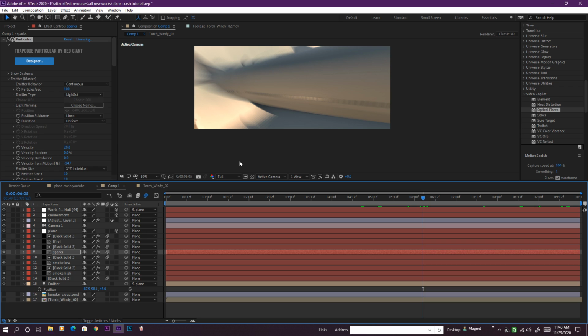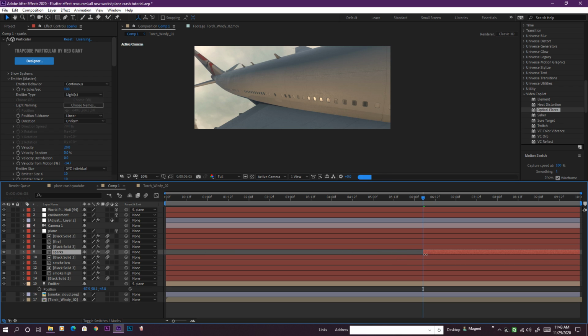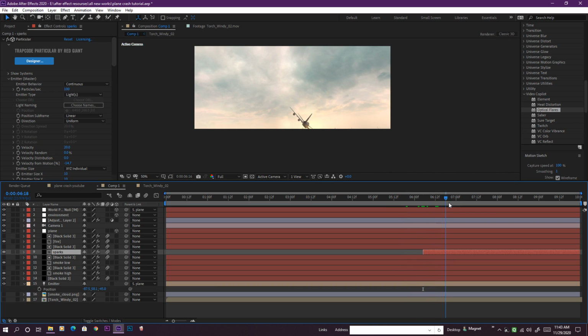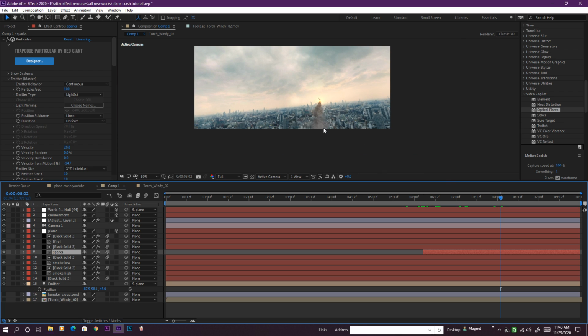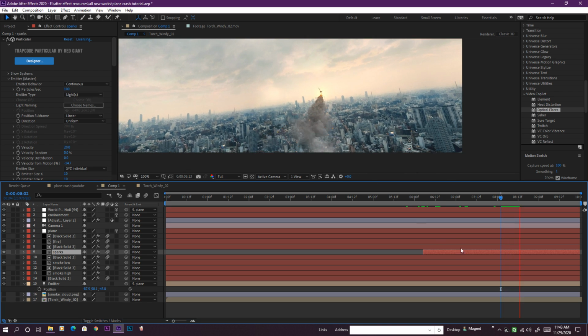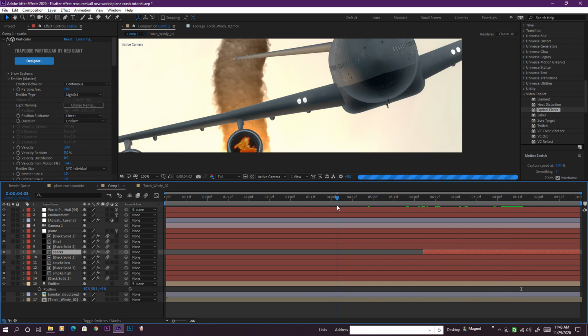So we just turn on after this. So just trim the sparks layer, and there we go. So sparks is also ready,